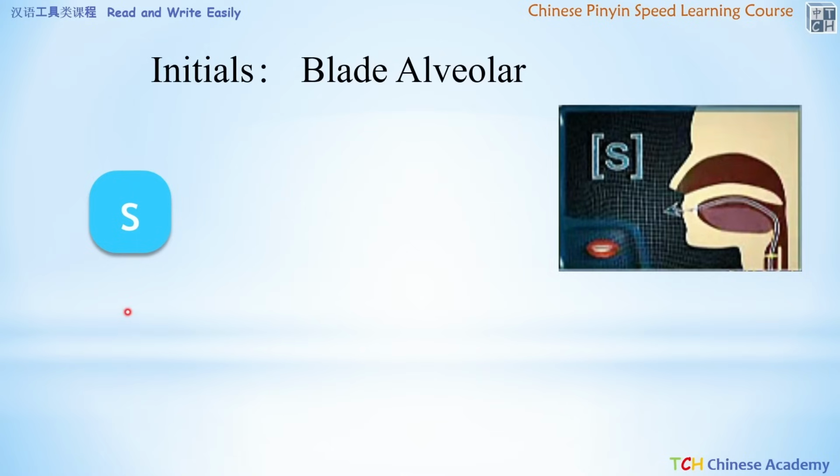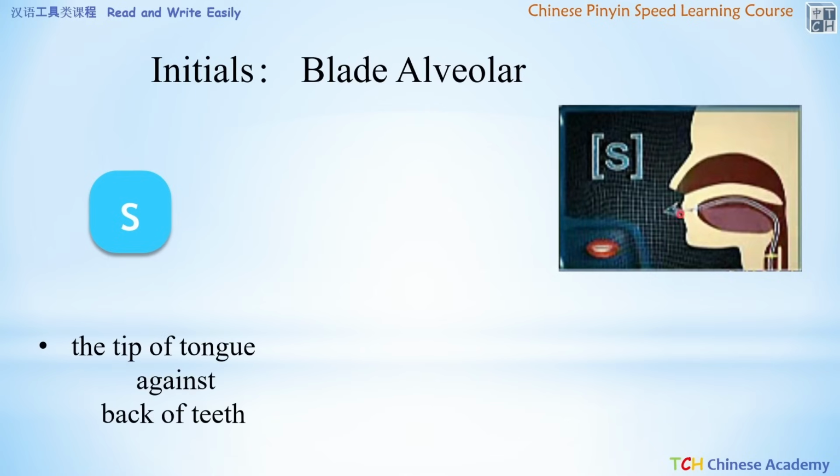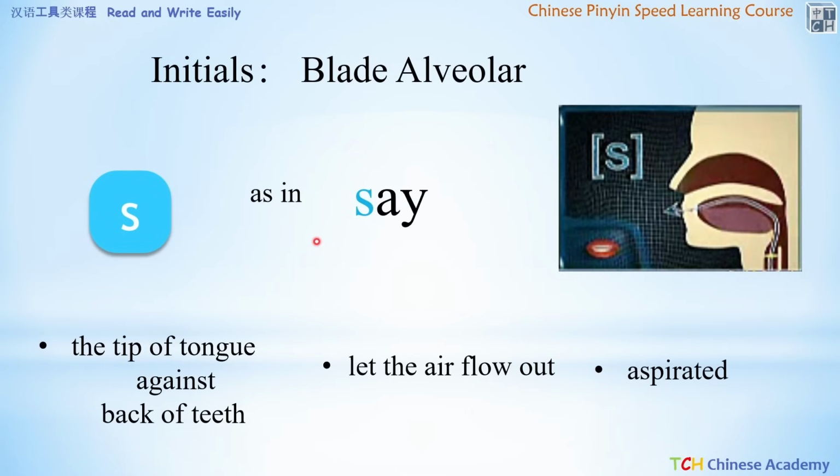We'll look at the last alveolar initial, 斯. And just as with the other 2 blade alveolar sounds, the tip of the tongue is placed against the back of the teeth, and this time let the air flow out and it is aspirated, just as in the English word say. So, 嘶